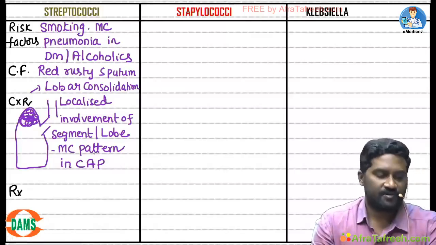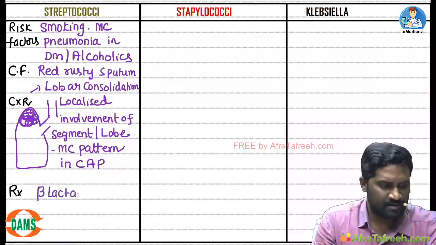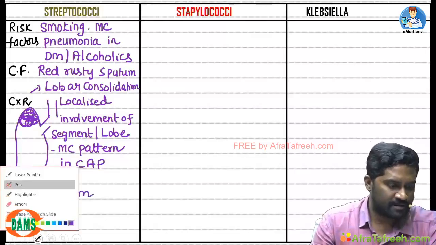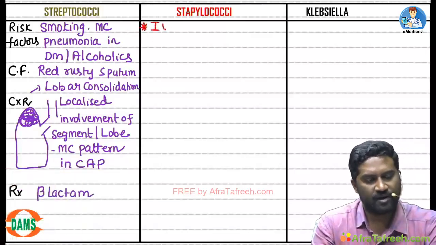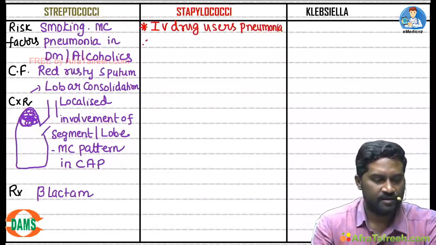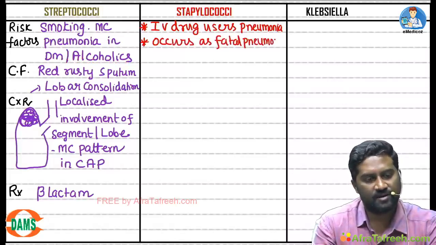Now treatment for streptococcus is generally beta-lactam antibiotics. Then coming to staph pneumonia. Staph pneumonia is also called IV drug users pneumonia, and it can occur as fatal pneumonia